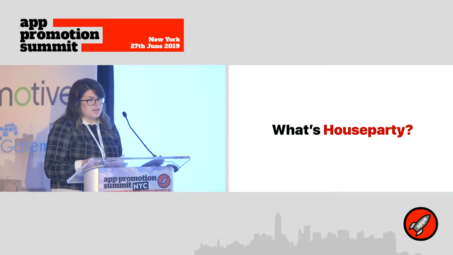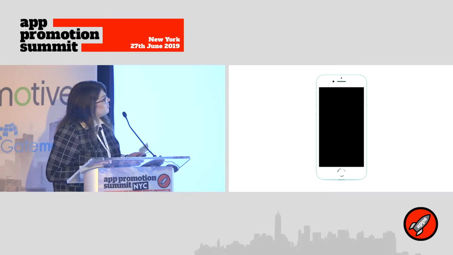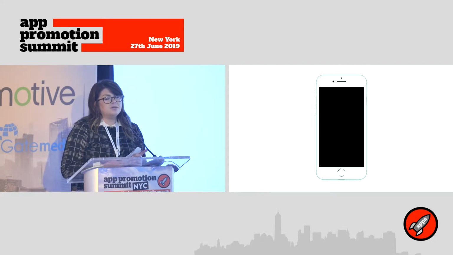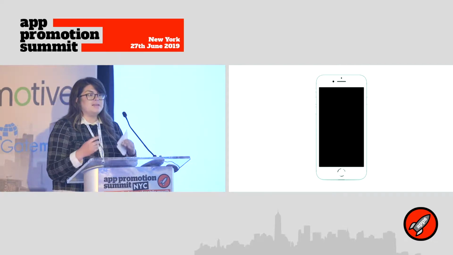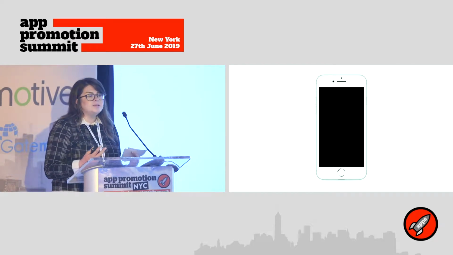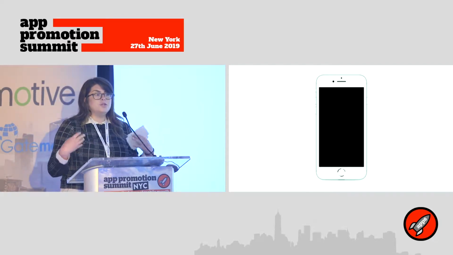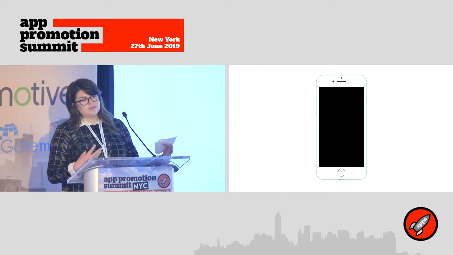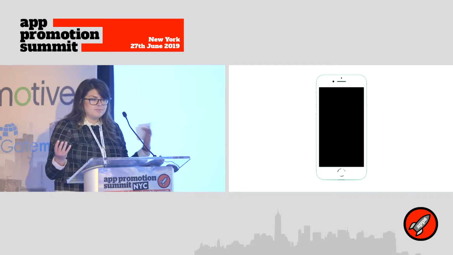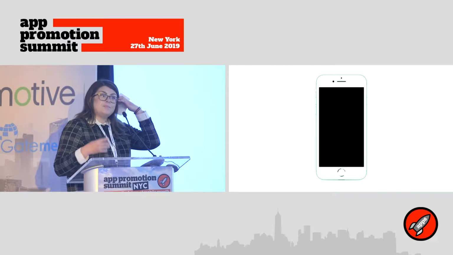So if you don't know House Party, it is a face-to-face social network. This should be a GIF. We'll see. Maybe not. But it's a face-to-face social network that allows up to 8 people to video chat at the same time. The main thing that we focus on is something that we call presence, which is basically that when I open the app, you as my friends know that I'm in the house, which is what we call being online. There's no calling. If you've ever met a teenager, you know that calling them is the most anxiety-inducing thing you could do to them. So we don't do any of that. You just appear.